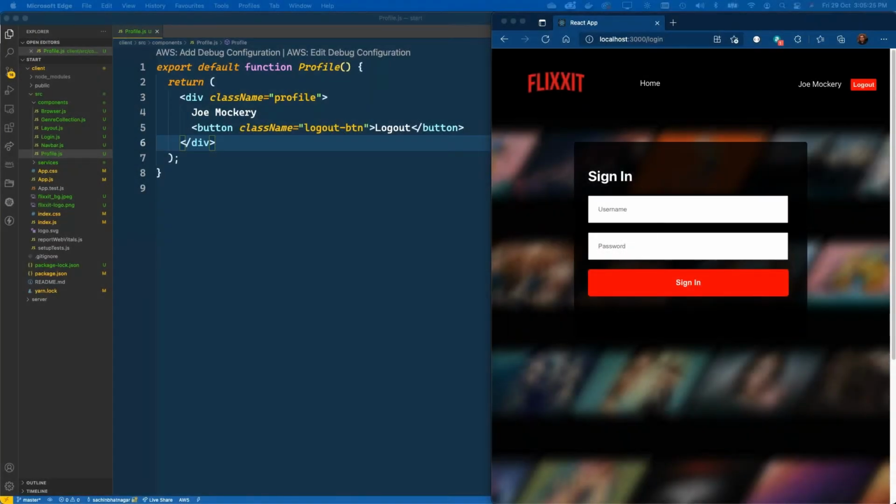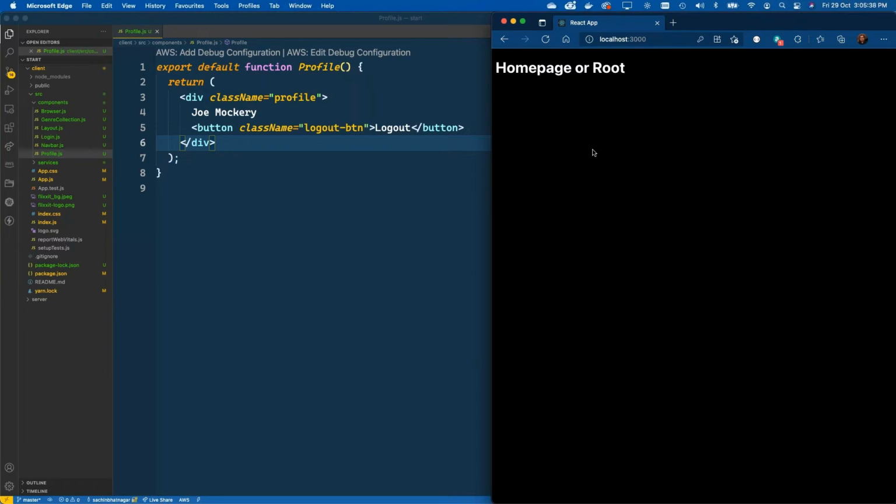So what we did yesterday was we created the login page, the login route, and what this allows us to do is you type in your username and your password, and all it does is redirect to the home page or the root route at this time. Okay, so let's take off from here and let's introduce a couple more features as we go along